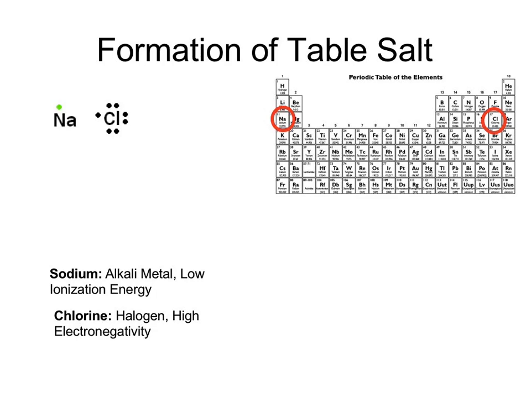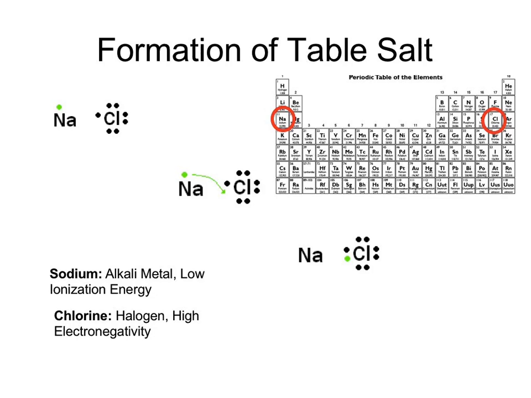Chlorine's on the other side of the periodic table. It's a nonmetal. It's a halogen. It has a high electronegativity. That means it really, really likes electrons. So if you get something that likes to lose electrons, near something that likes to steal electrons, what do you think is going to happen? They trade. Okay, so the sodium gives 1 electron to the chlorine,